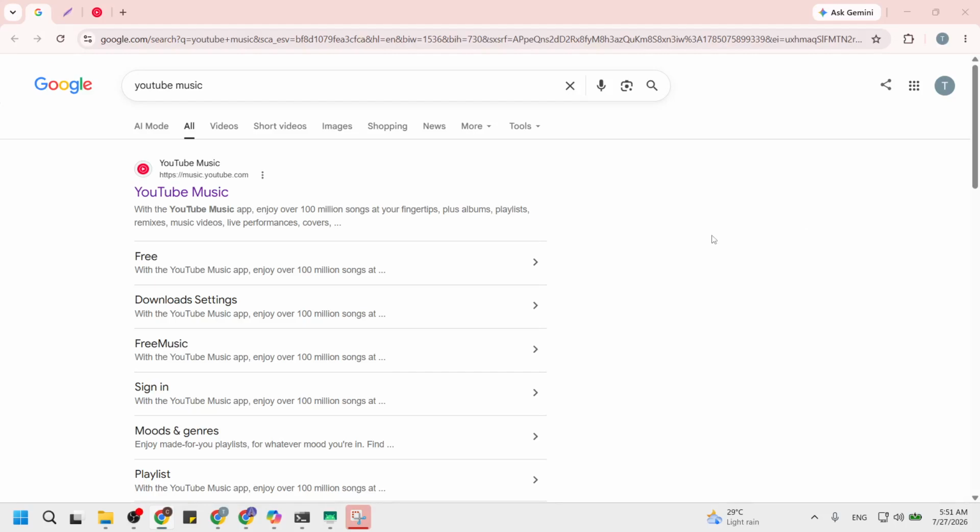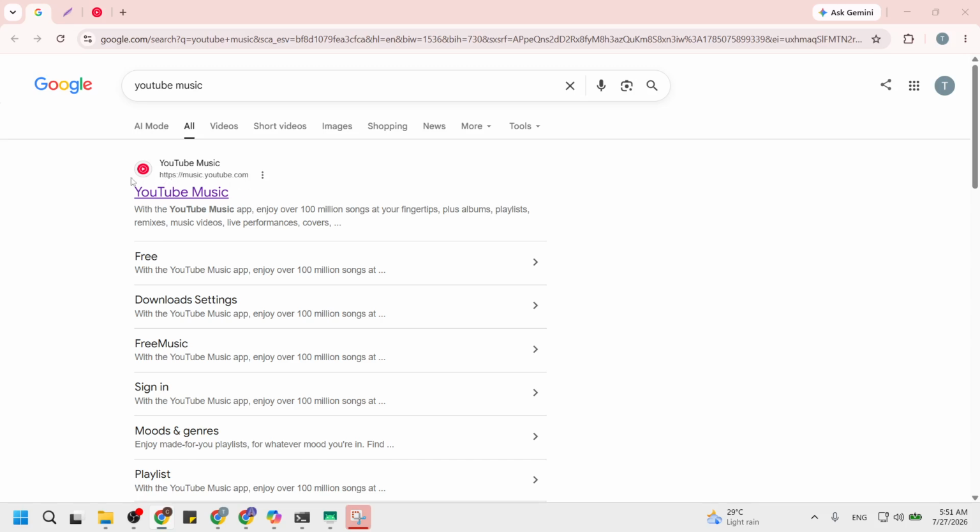First, open your browser and search for YouTube Music. Type YouTube Music into the search bar at the top, then press Enter. You should now see search results with YouTube Music right near the top. The official site usually shows the familiar red and white play icon next to the name, and the address will mention music.youtube. Take a second to confirm you see that, so you know you are heading to the correct site before moving on. Once that is ready, click the correct YouTube Music link, then sign in.